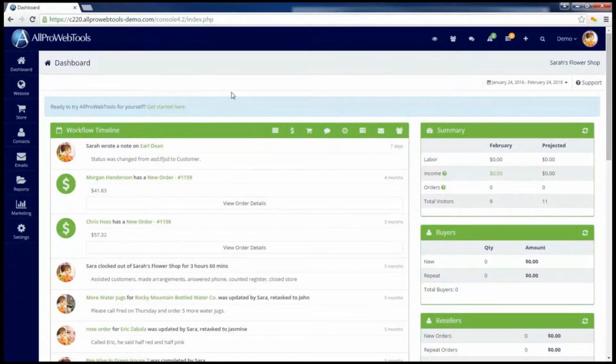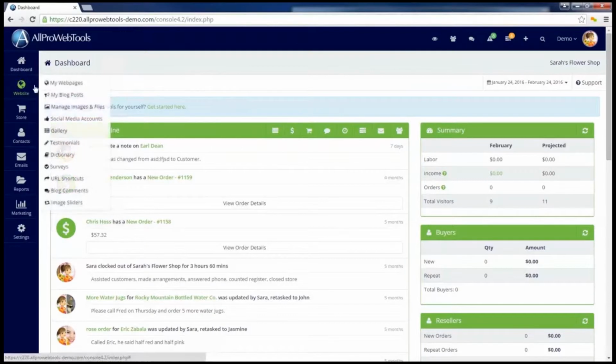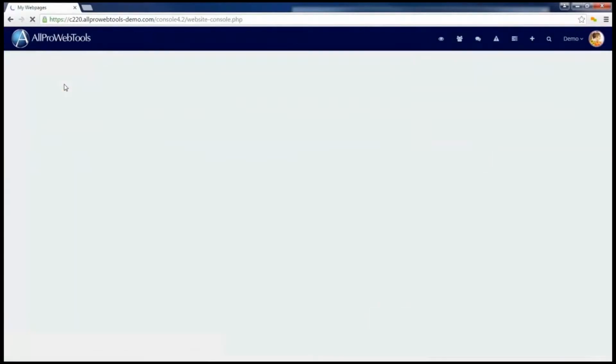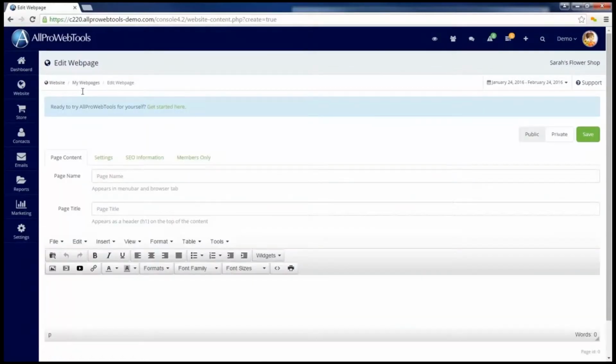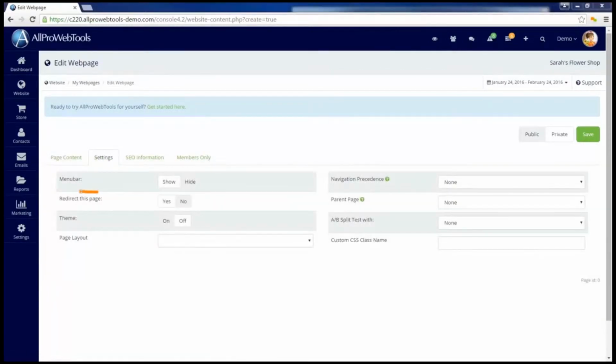To set up a redirect, I'm going to go into Website and My Webpages. I could select an existing page and change that to redirect to someplace else, but for now I'm going to create a new page. For this example, I'm going to create a menu option that redirects to Google when you click on it. To set up the redirect, I'm going to click on the Settings tab and see the item